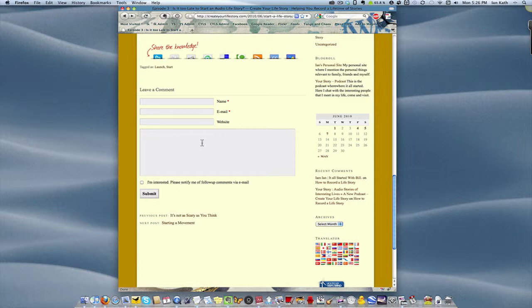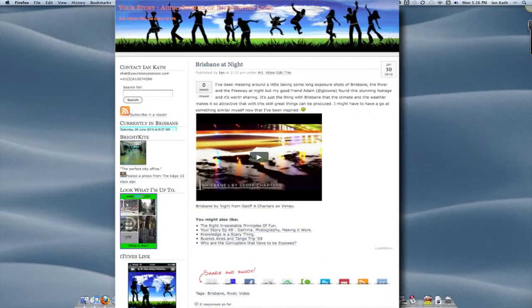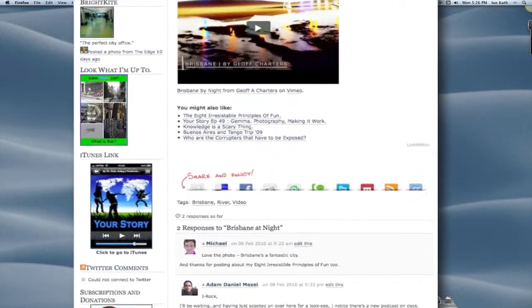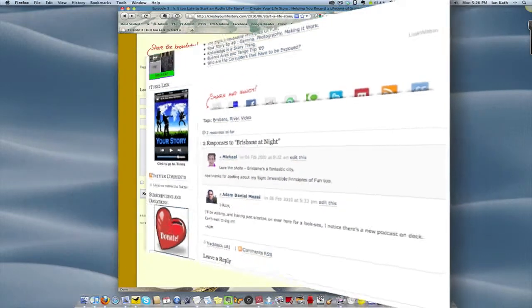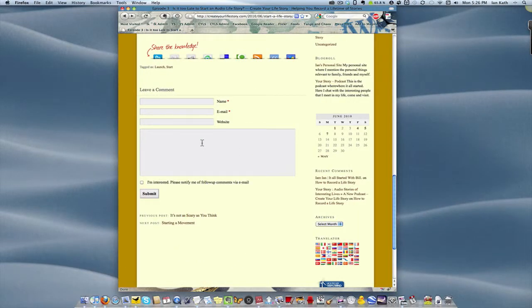My site is set up to use Gravatars. Gravatars are an image, an avatar of yourself, maybe. It could be a photograph or whatever you choose to use. And it's used to add a bit of personality to the comment. If you want to use Gravatars rather than the standard one that the site's going to throw up, which is just a square box with a bit of a pattern in it,